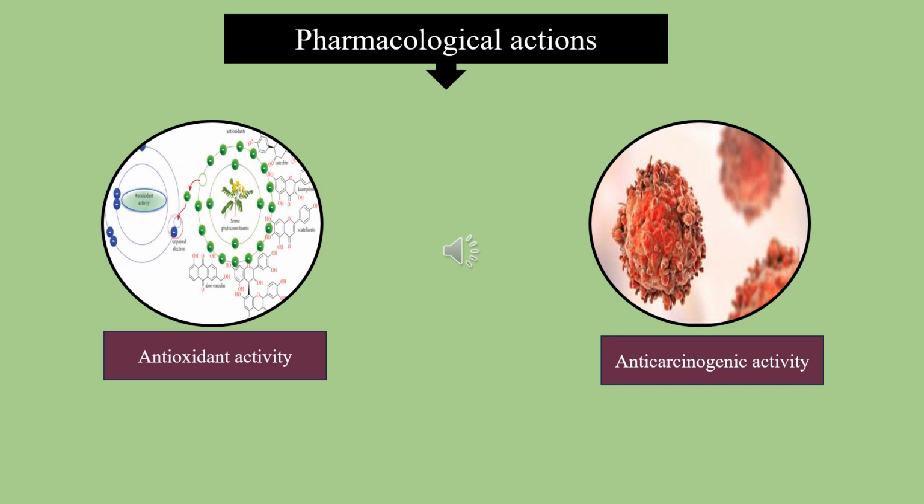And then the anti-carcinogenic activity. A group of researchers have reported the inhibitory action on cancer cell growth by the phenolics of Terminalia chebula fruit and found that gallic acid, tannic acid, and ellagic acid were the most growth inhibitory phenolics of Terminalia chebula. Ethanol extract of Terminalia chebula fruit inhibited cell proliferation and induced cell death in a dose-dependent manner in several malignant cell lines, including